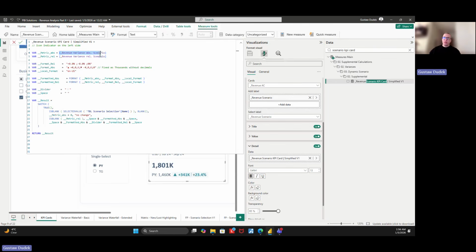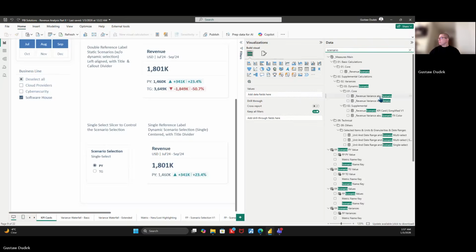This is going to be important. We have to have the nominal variance, and we have to have the relative variance, assuming we just want to create the design as it is showcased here. So if you'd like to have this design reflected, we just need two additional measures. So the one is for our nominal variance,